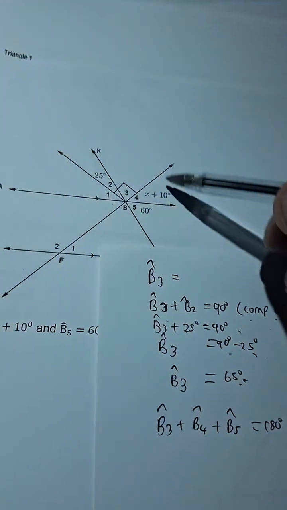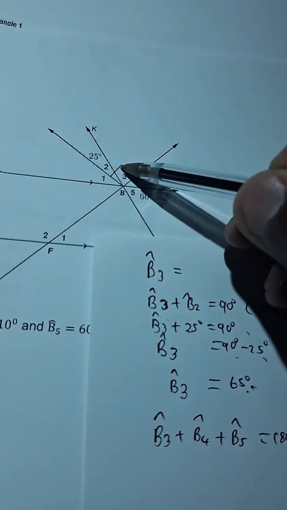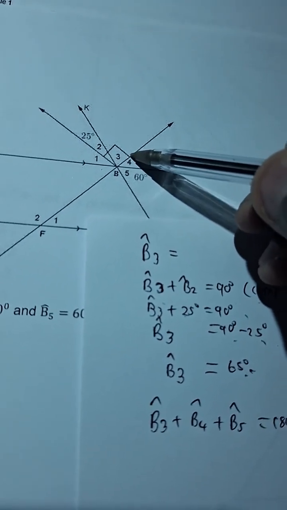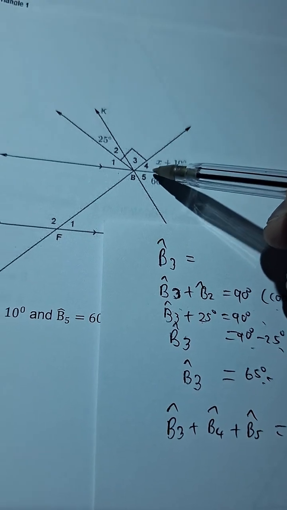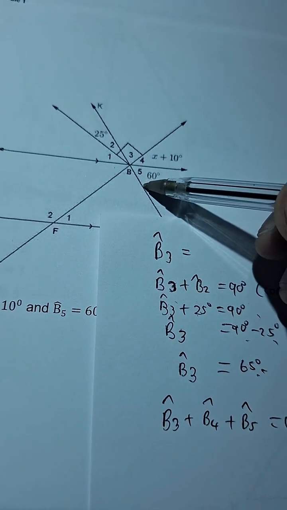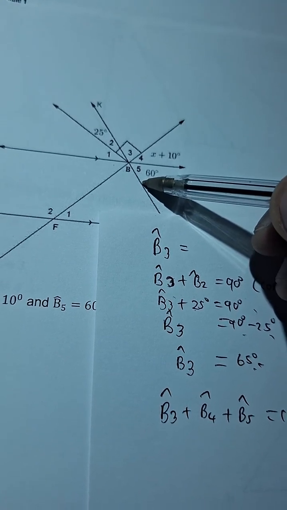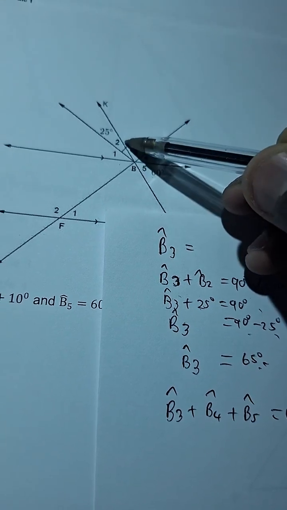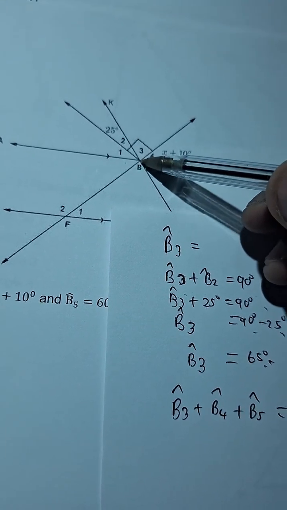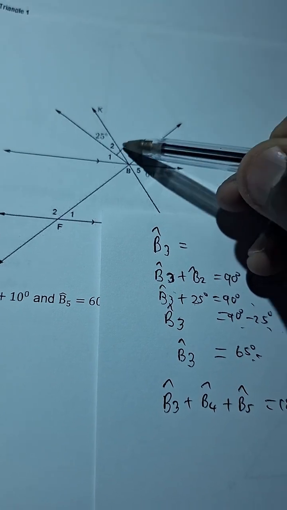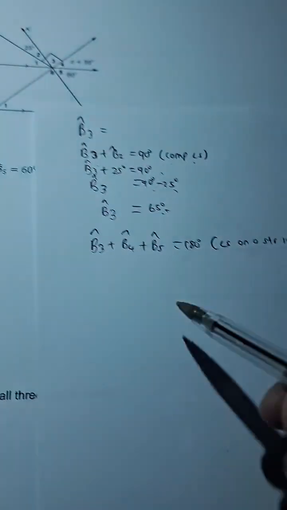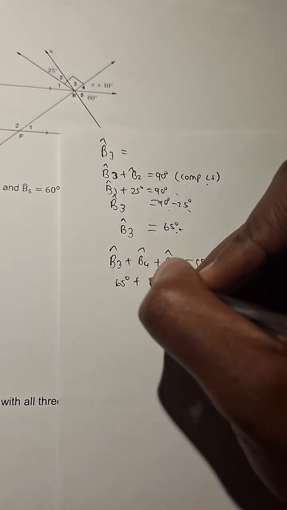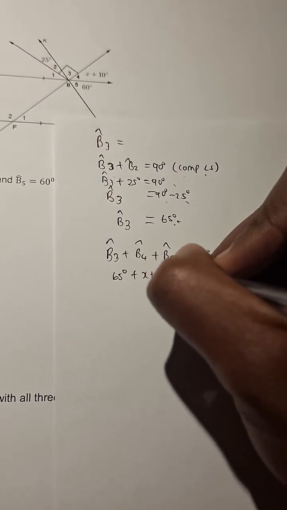Now I just want you to know, guys, that from this line to there is B3, from there to there is B4, from there back to the line where I started is B5. Those three angles are next to each other with a common vertex, so this angle plus that angle plus that angle will give me 180. So let's say B3, which is 65 degrees, which I found, B4, x plus 10 degrees,